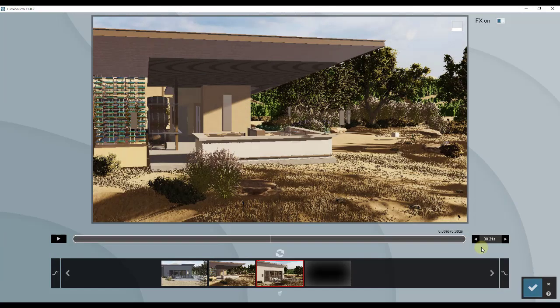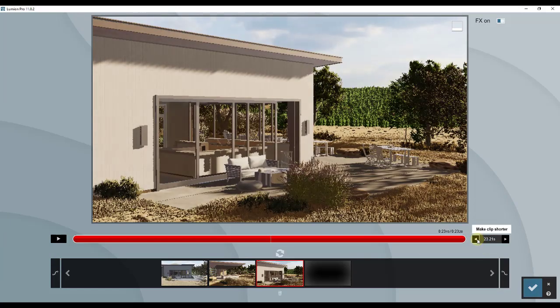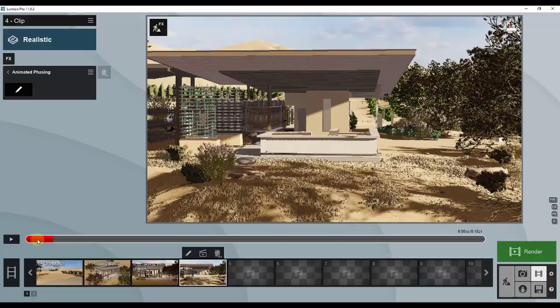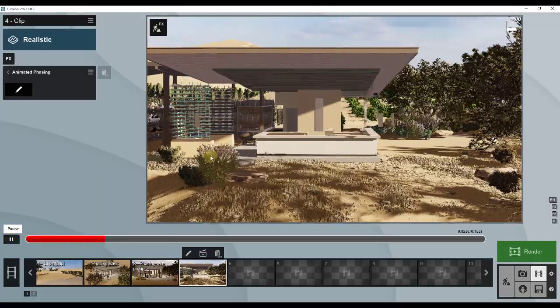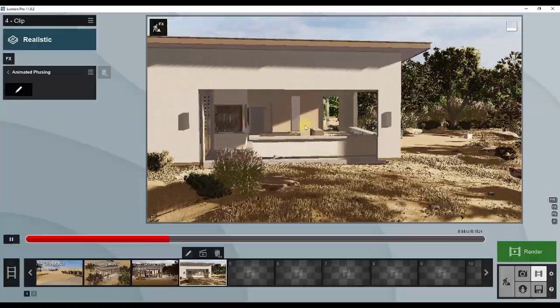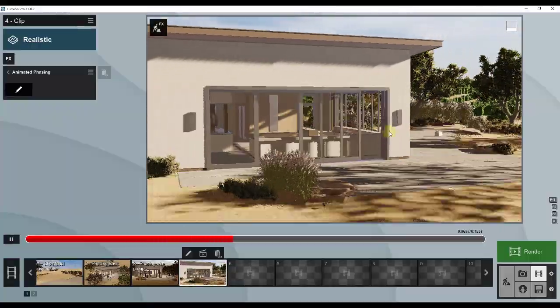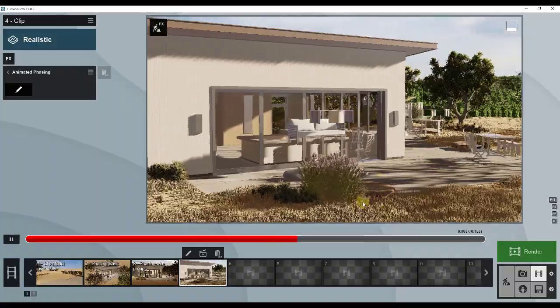And then we've set our actual animation using the animated phasing right here. We can go in and adjust that. So let's say we want the whole thing to be shorter. Let's say we want the whole thing to be maybe like 15 seconds long. So then we'll save this. We'll notice how now your camera movement's going to be more pronounced. And you're still getting this animated phasing coming in here just like this.